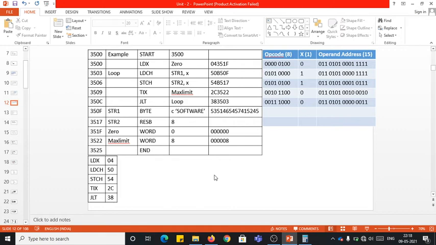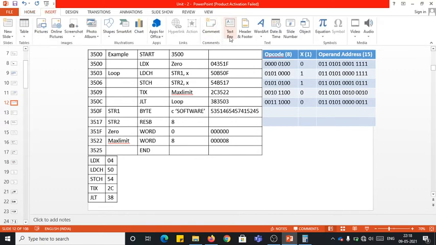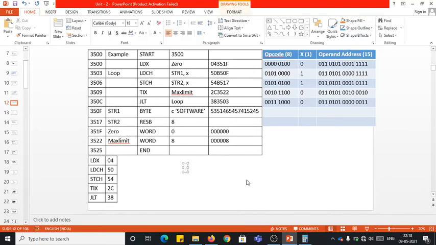Now let us get into the object program writing. When you take it to the object program writing process, as usual we have H followed by the name of the program. Here the name of the program is example, but you can fit only till exampl, because as per your format, it is 2 3 4 5 6 7. So you can't write E. Again followed by starting address. Starting address is 3500. Find out the length. How to find out the length? Last address is 3525 minus 3500. Definitely 25 is the length of the program.